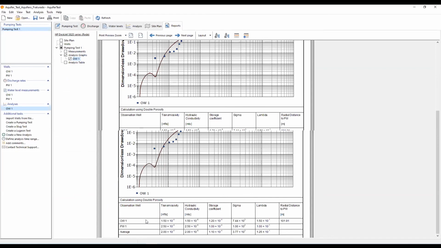And here we get both for the observation well and for the pumping well: transmissivity, hydraulic conductivity, storage coefficient, and the two geometric parameters. Remembering that because we inserted at the beginning that the aquifer thickness was 100 meters, the hydraulic conductivity will be just the transmissivity divided by that. So in this example, it's 2 orders of magnitude lower in absolute terms. Okay,